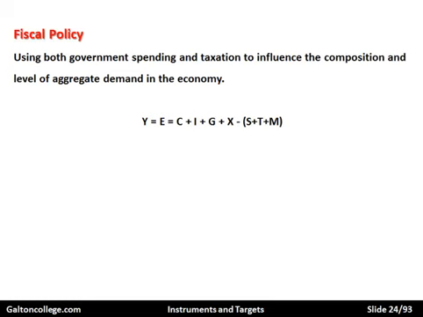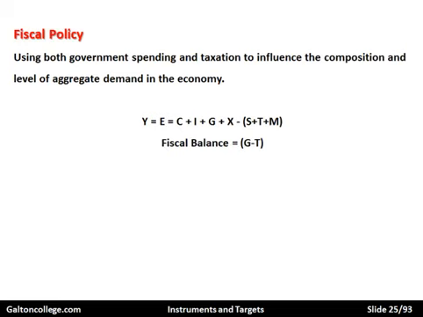And of course all of that is less, we'd have to take away the amount of savings, plus the amount of tax that we pay to the government, plus the amount of imports. So that's our macroeconomic equation. E is equal to C plus I plus G plus X, minus what's known as the leakages out of the system.